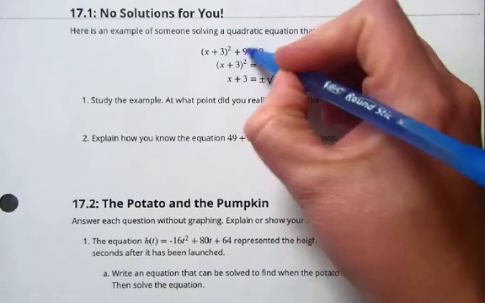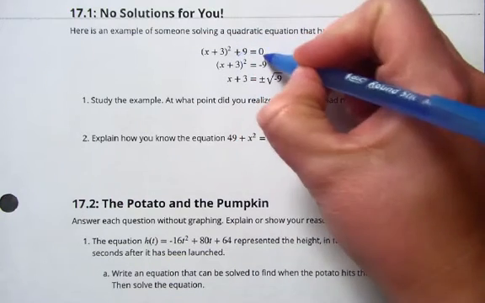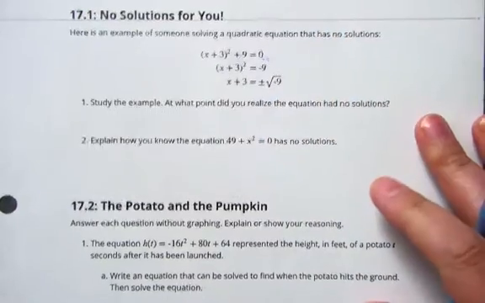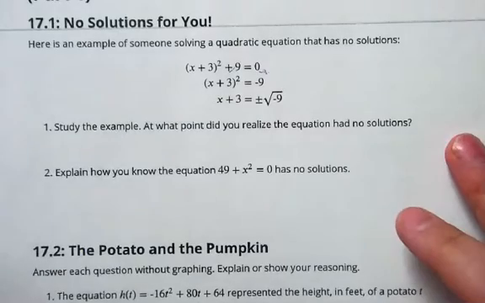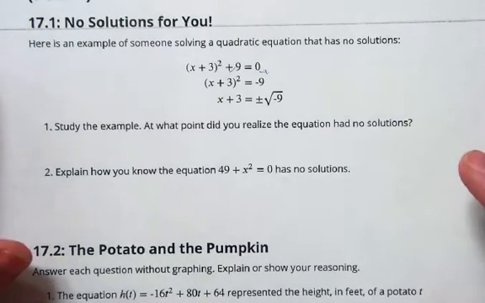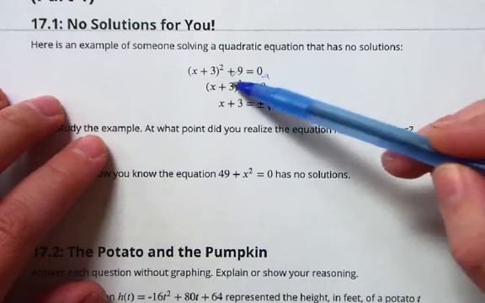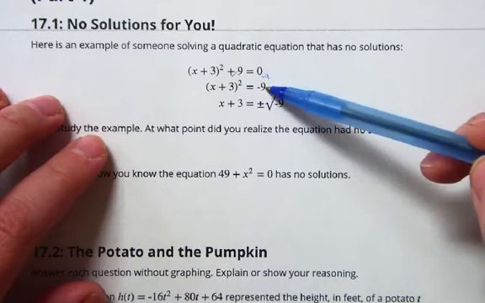So this side, it would cancel out. And this side, we'd have 0 minus 9, which gives us a negative 9. Now, I'm wondering if maybe some of you are realizing what the problem is at this point, or not. I don't know. So now that you're here, the next thing that we do is we take the square root